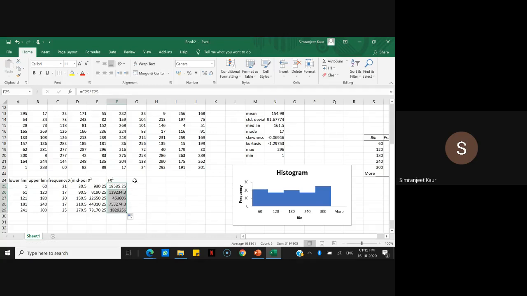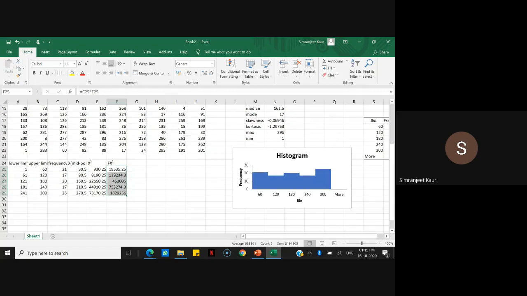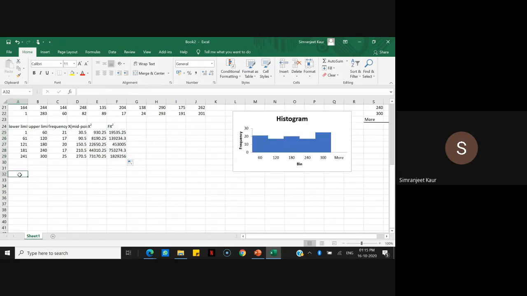Dragging it again, we have fx square. So now I can calculate my mean and standard deviation. First, I'll calculate variance and then we can take a simple square root of it. Otherwise, you can use a square root in the same formula also. You will get the standard deviation, right?